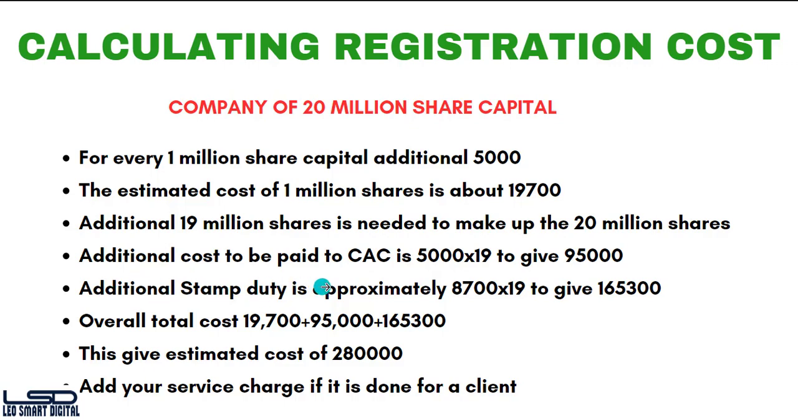Additional stamp duty is approximately 8,700 times 19 to give 165,300. Overall total cost is 19,700 plus 95,000 plus 165,300 to give an estimated cost of 280,000. Now you can add some miscellaneous charges that the remitter will collect, and then add the service charge if it's